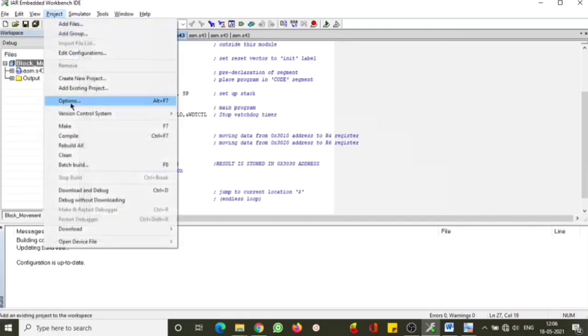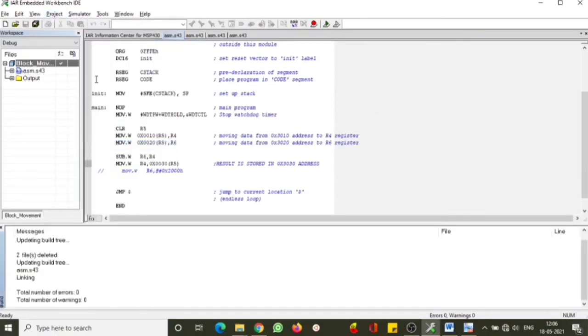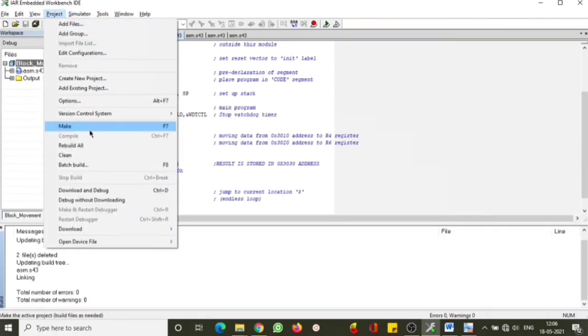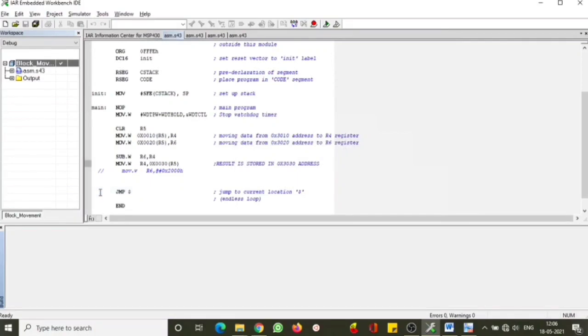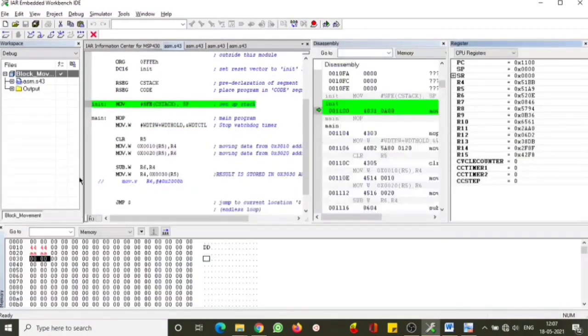I'm going to rebuild it. See, while writing the program, you are supposed to follow everything properly: create the project, and then take a new file and then type the program in it. So you don't do it in the same file. Just for explanation purposes, I'm trying to do it in a single file, right? So if you observe now, we have two data now here like this, and I'm trying to run now.